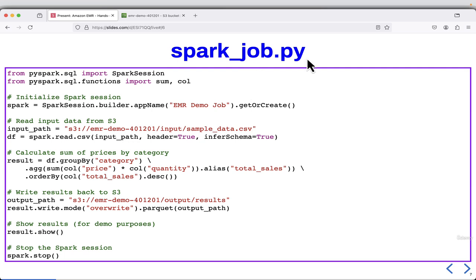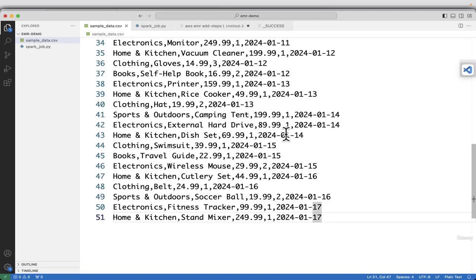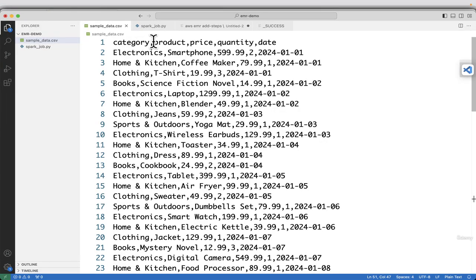So this is the Spark job program, and first I will show you the data. So this is how the data looks like. We have category, product, price, quantity and date. What we want to find is, based on the category, which category has the maximum sales. It will give me the top 5. First it will multiply price and quantity to get a total sale, and then based on the category it will add all these total sales, and then it will arrange them in descending order from top to bottom. So this is how the data looks like,